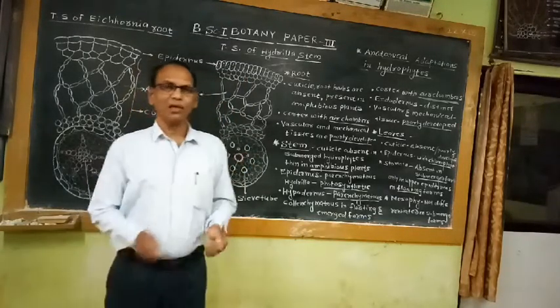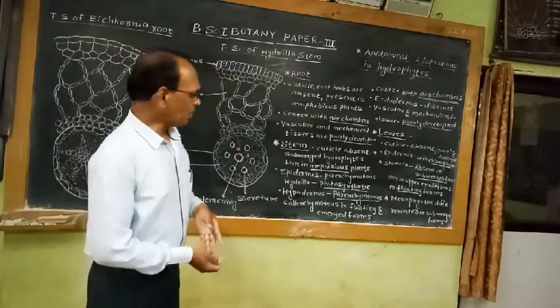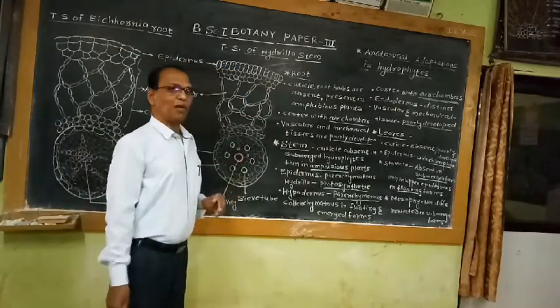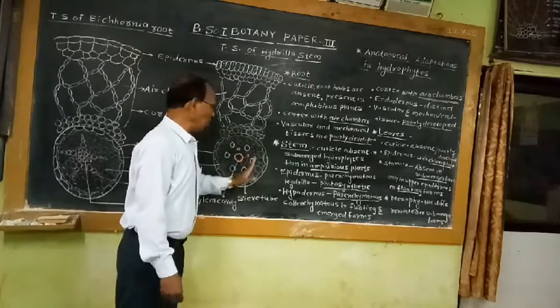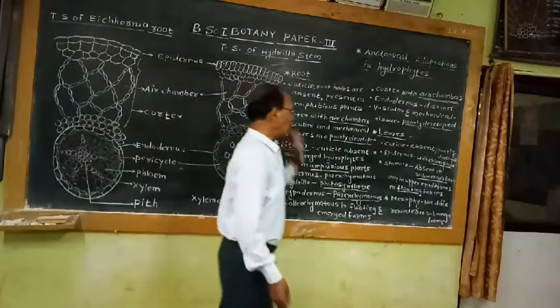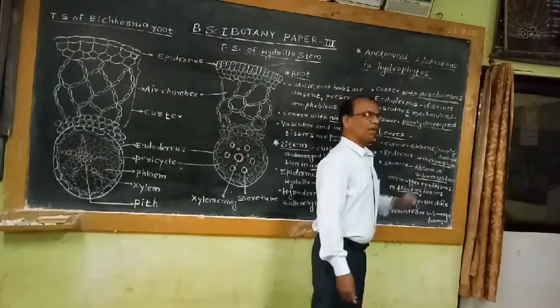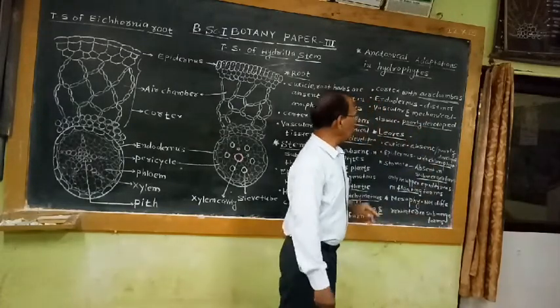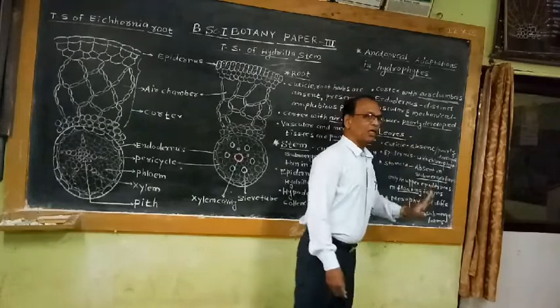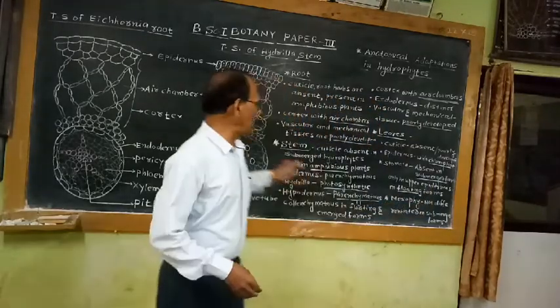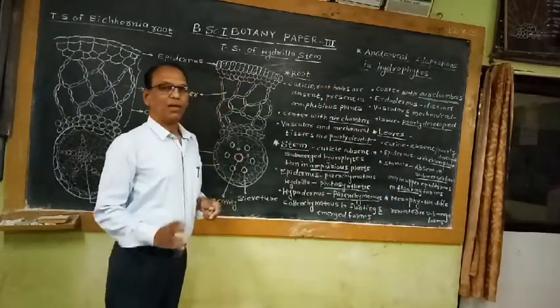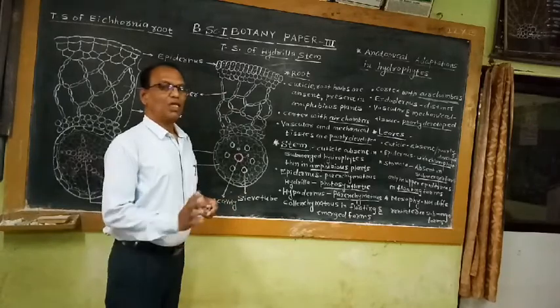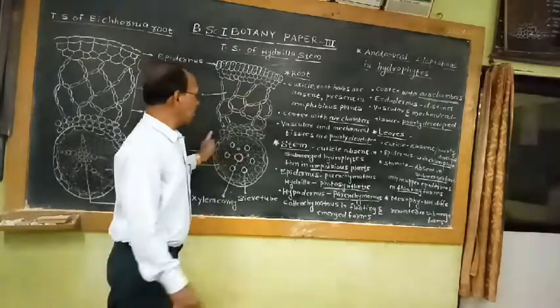Other elements are missing. Due to the absence of other elements of xylem and phloem, the conducting tissue is generally known as poorly developed conducting tissue. Due to poorly developed conducting tissue and mechanical tissue, the stem of Hydrilla is not stout and hard. It is herbaceous, soft and flexible.